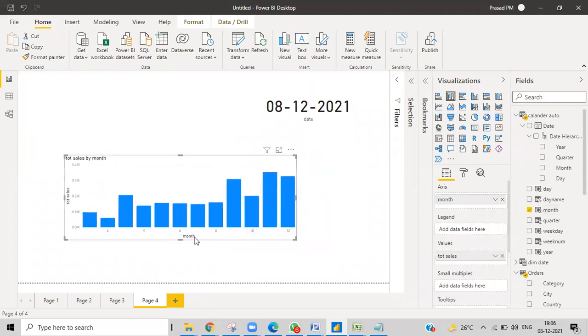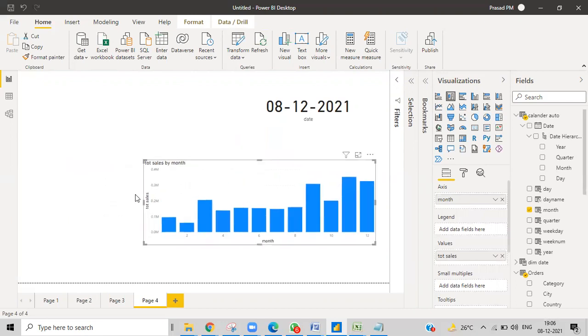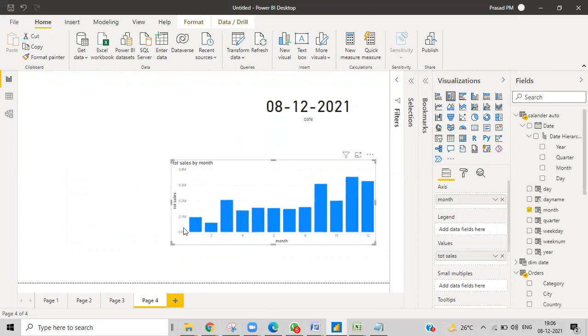And then right now you can't even imagine which year that is. What has happened over here is that for all the 3 to 4 years, it has been given the total sales for 2018, 2019, 2020, and 2021. The 4 years, for the January month, it took the sales. But that is what we don't want to show. We want to show month wise. Month wise means it's not for all the 4 years' Januaries. It is January of that particular year. Then you can make something else, and then you can do that.